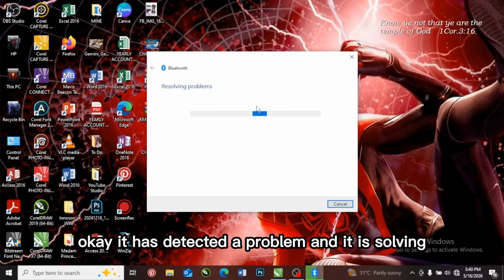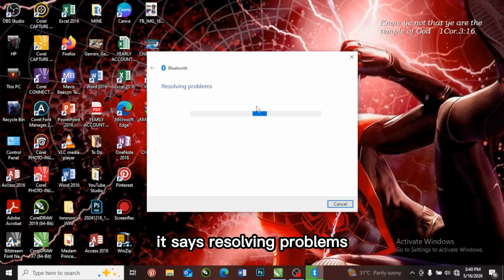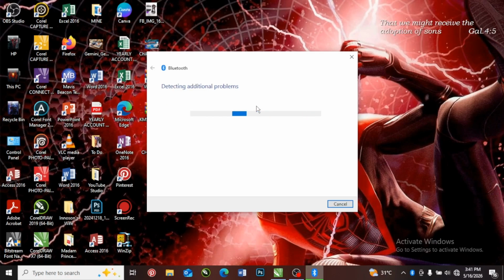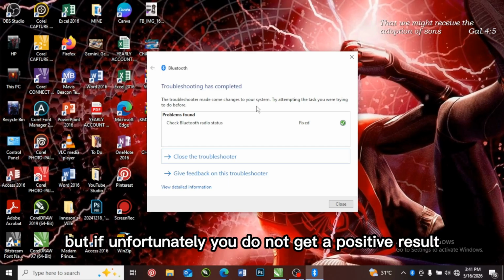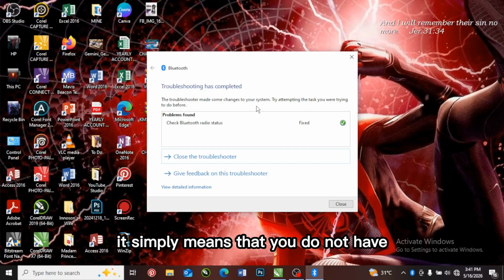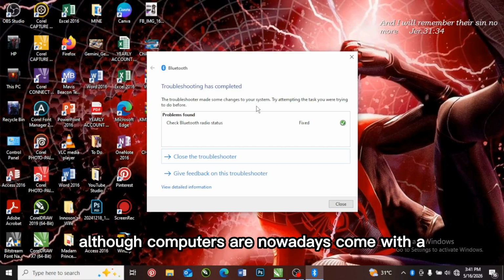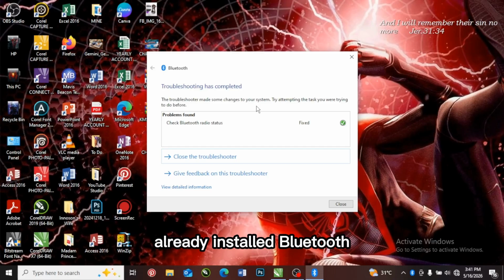Okay, it has detected the problem and it is solving it. It says resolving problems. Your Bluetooth is fixed. As simple as ABC, but if unfortunately you do not get a positive result, it simply means that you do not have Bluetooth installed in your system. Although computers nowadays come with Bluetooth already installed,